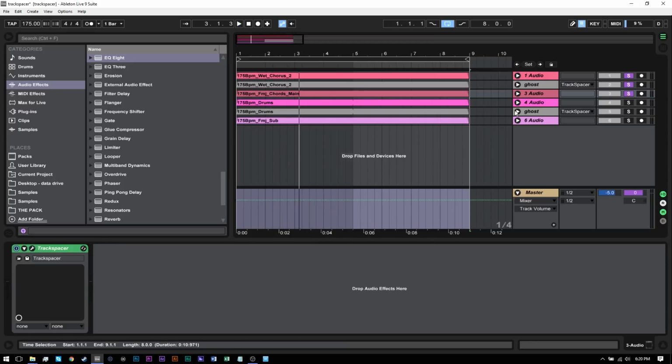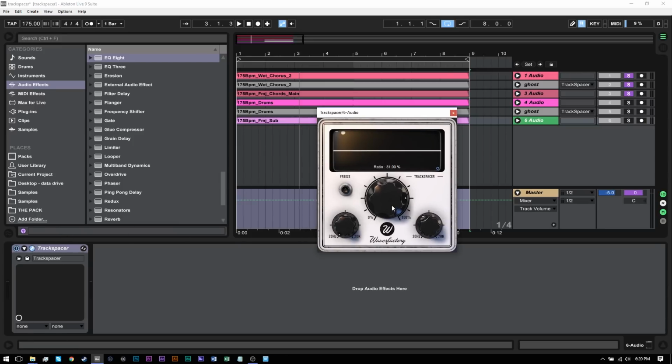For the sub down here, I've just got another TrackSpacer on there, and you can see here I'm pushing it a little bit further. If I go ahead and solo this. I'm using the entire drum pattern right now because it's just a loop right here from our loop pack. And maybe you might want to just use the kick pattern, but you don't need to because you have the